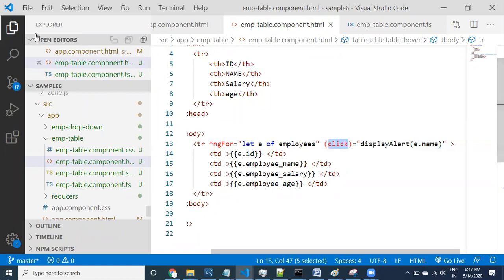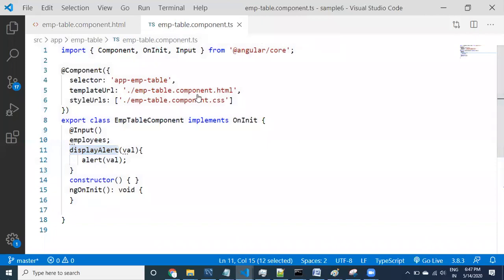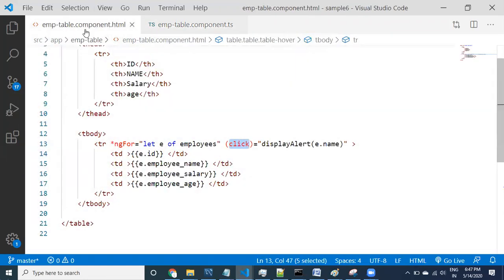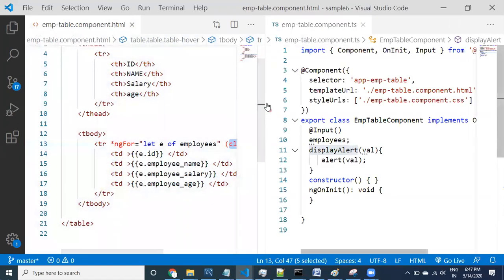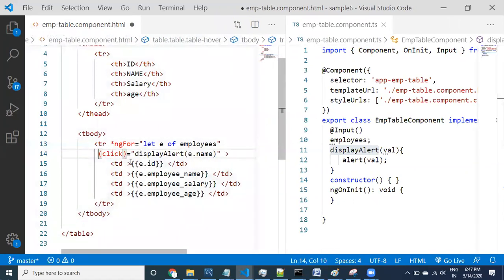Now see here, guys, just to compare, the name is getting matched with this one. This is going to get matched here.